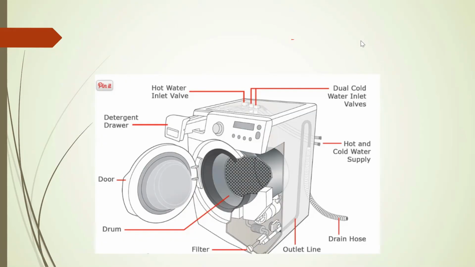So this is your front load washing machine. The front load washing machine is the same as your top load washing machine, except that there are small changes in the working. So in your front load washing machine, you load the clothes in the front and you close the lid with the door which is present as shown here. Here the clothes are tumbled and plunged into water over and over again. Instead of an agitator going up and down, the clothes are tumbled